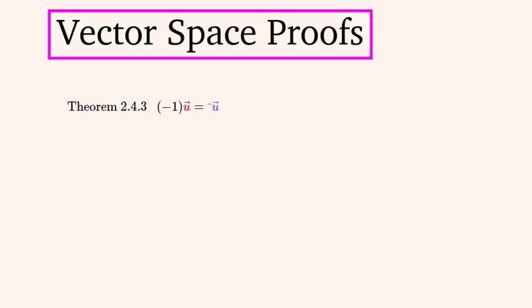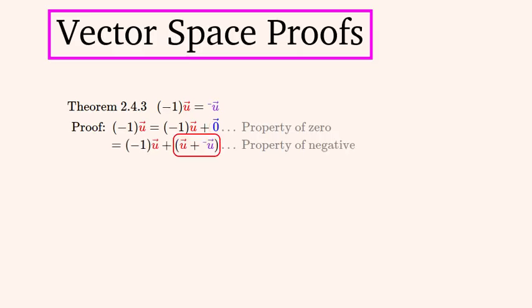And now to prove this obvious theorem, that multiplying a vector by -1 gives its negative. The opposite or negative of a number is defined to be the number that when added to its positive gives 0. This multiplication by -1 is an extra property that has to be proven. And so we'll start with the left-hand side and add a 0 onto it, which is a property of 0. Then we'll expand the 0 out into a pair of positive and negative vectors, chosen to eventually cancel the first